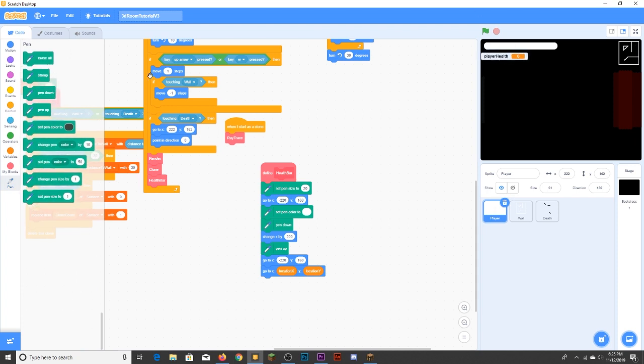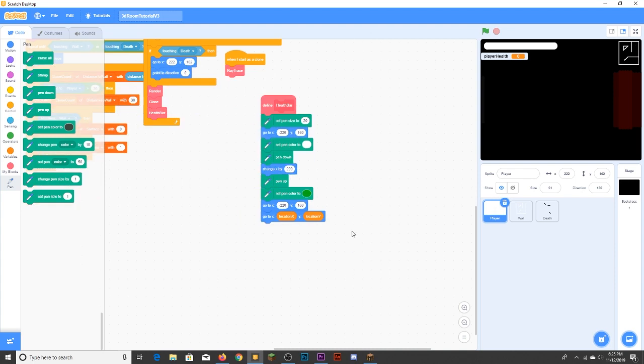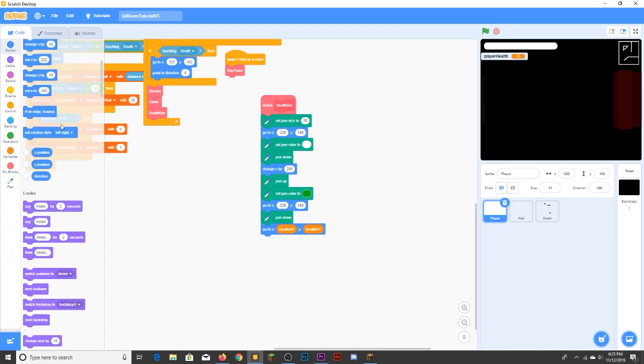So I'll just move this out of the way. And so you need to first choose what color your health bar is going to be. You can make it green or red. I don't know why I'm saying this. It should be obvious. But anyways, you go back here and do pen down, and what you need to do is, this is very simple, a lot simpler than other stuff,